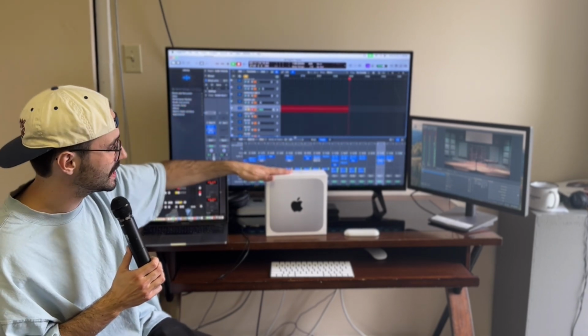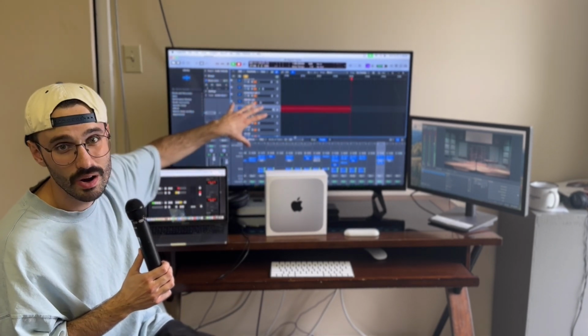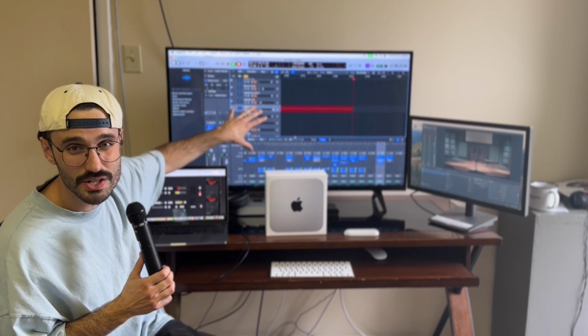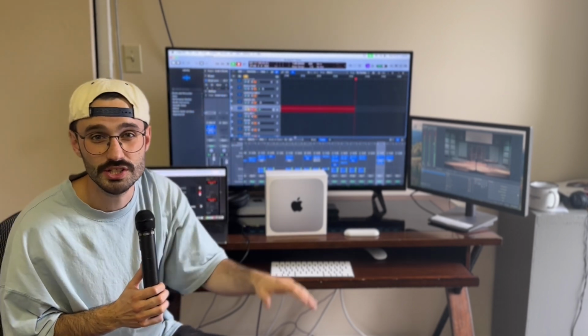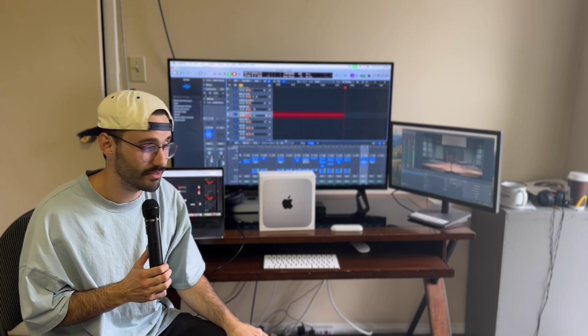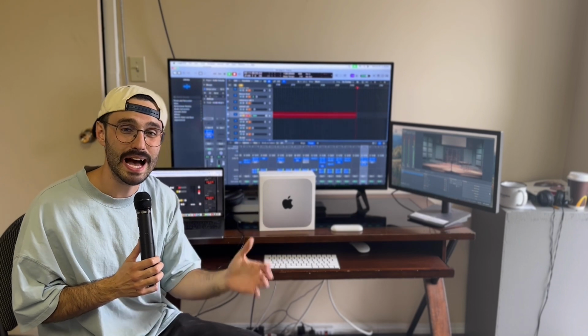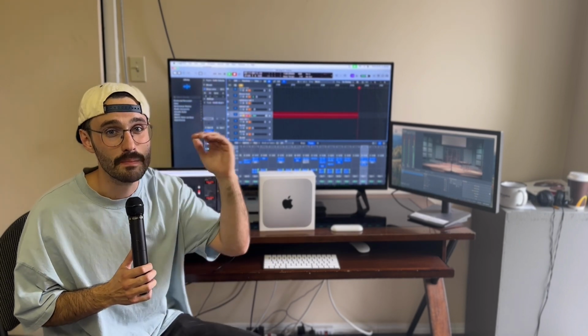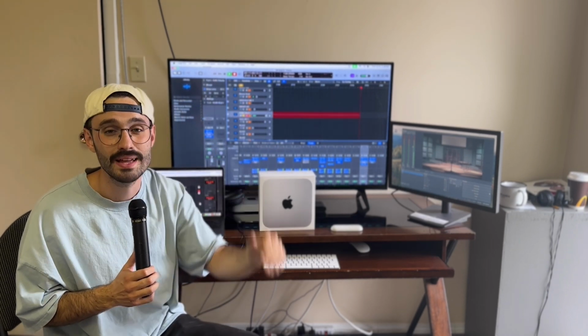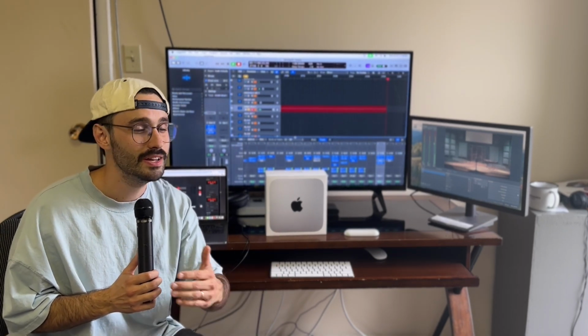Your Mac Mini will be running Logic Pro 32 audio channels with possibly 32 or more plugins. That's a lot on your software. You'll also be running a software to stream to Facebook and to YouTube. So there's a lot that's happening on this Mac. So the more memory or the more RAM that you have, that's what you want. So minimum, you need 16 gigabytes. If you can afford more, feel free to get more because it's only going to do you better in the